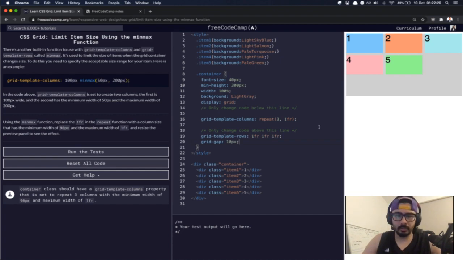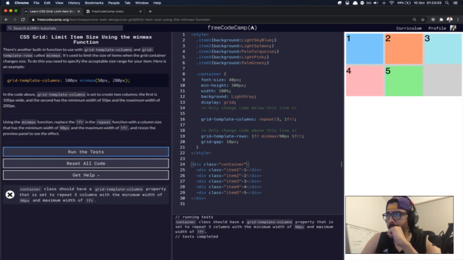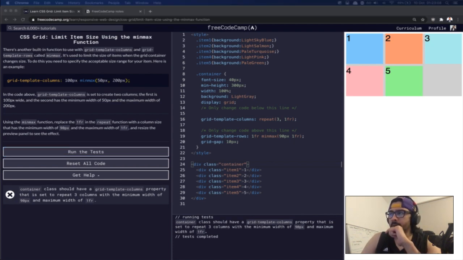1fr, what is 1fr? I guess, can I do this? 1fr, whoa, min, max. Minimum width of 90 and a maximum width of 1fr. Is that how I do it? No, that's not true. Okay, so